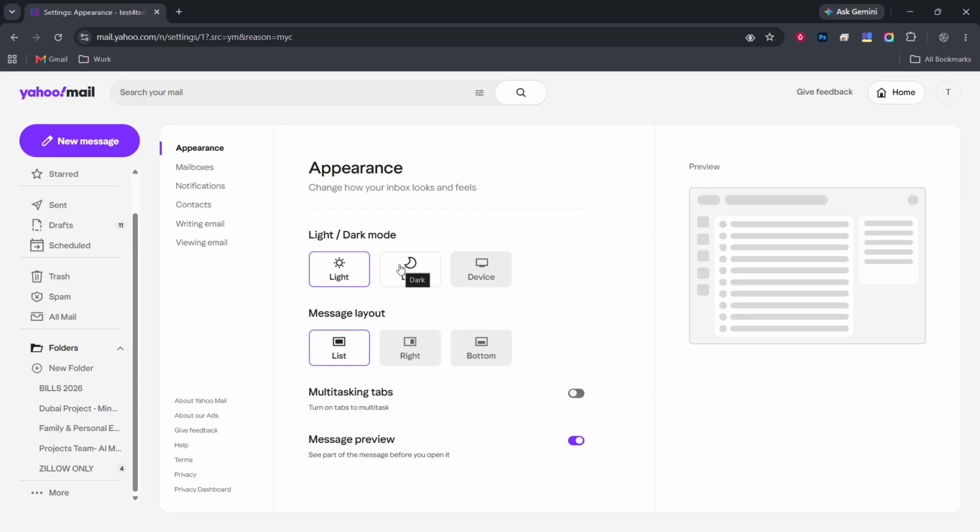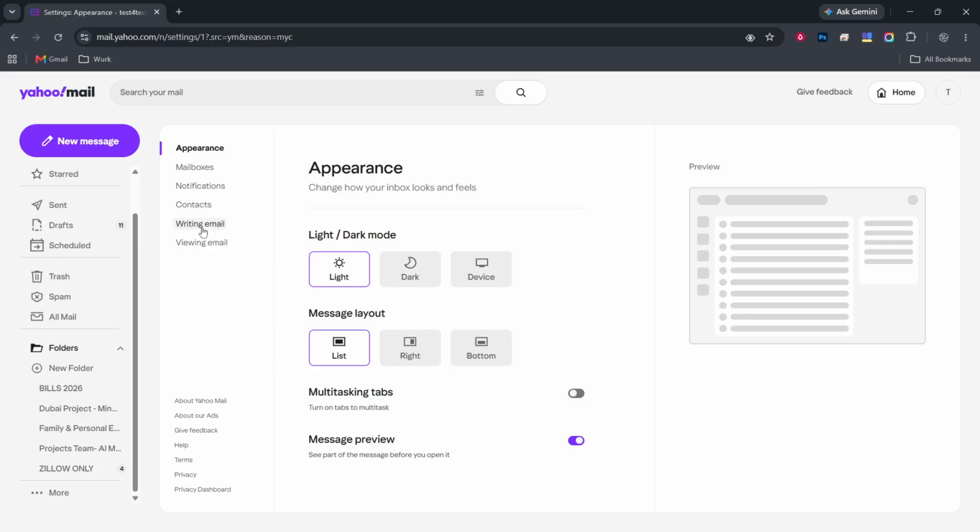From there, select More Settings. This option will take you to a new menu where you can adjust various settings in more detail. You'll see categories on the left side of the page. This part of the process is important because it allows you to navigate to specific settings for your email account. Once you're in the More Settings menu, you'll feel one step closer to personalizing your email signature.